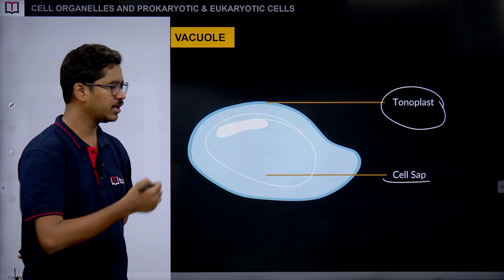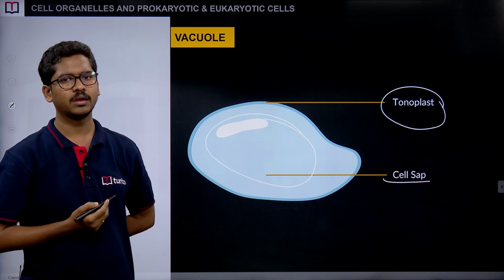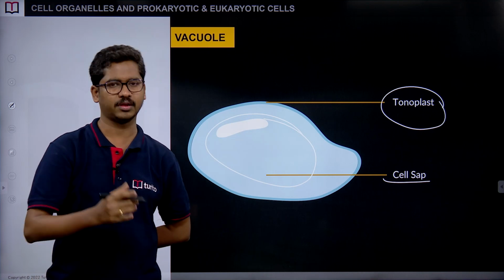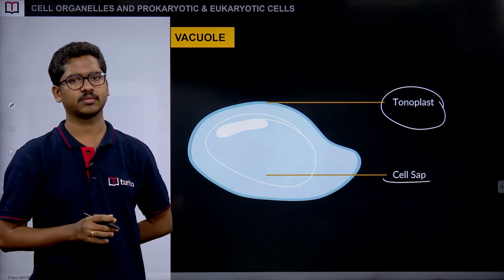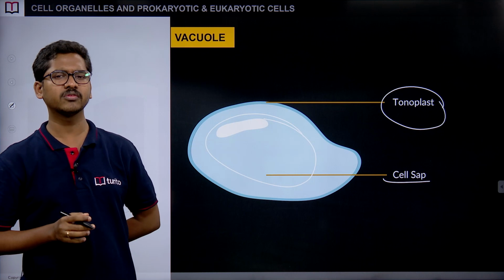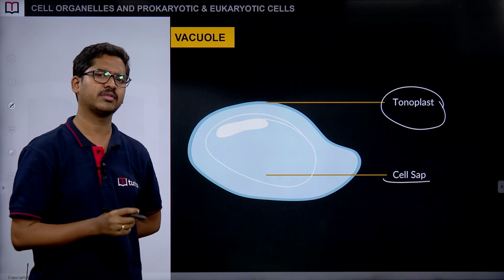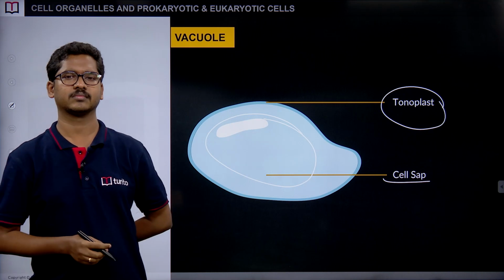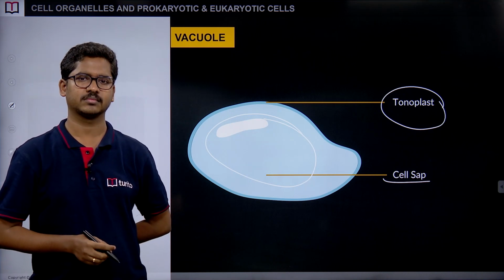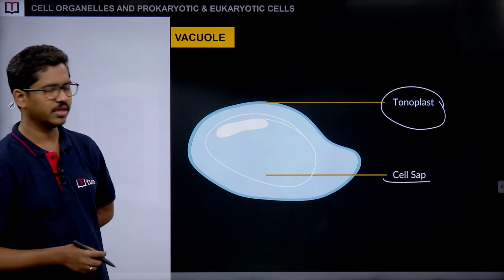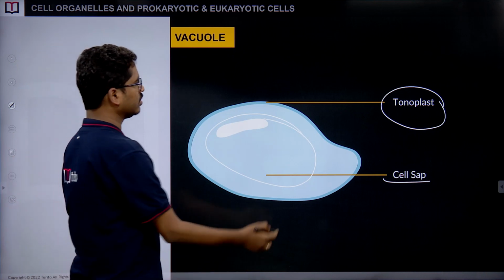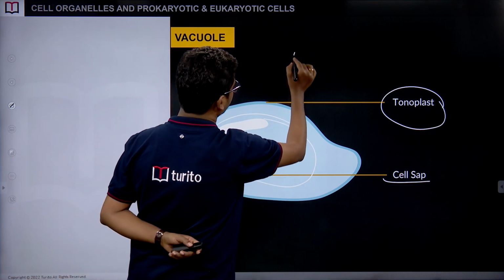Okay. Let me tell you something more about it. Now, what is the use of this big vacuole in a plant cell? There are so many uses. Based on your previous understandings, can you get me some of the uses of vacuoles in a cell? Okay, great. So, let us see. Some of the uses are like this. One of the uses is it helps in